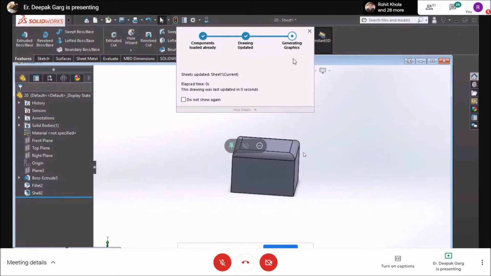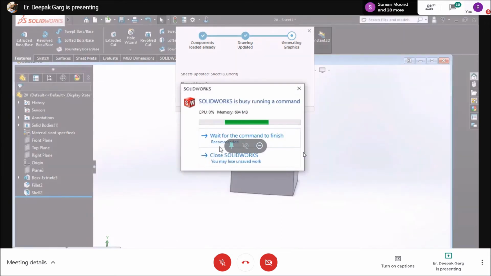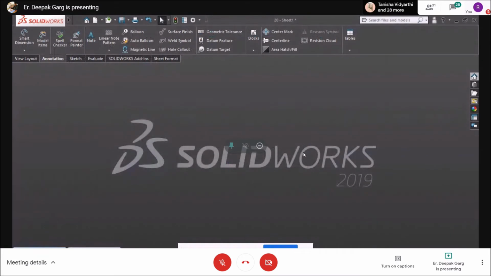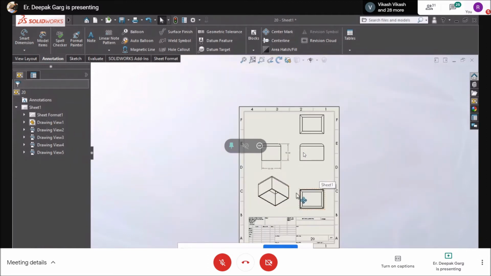It is making changes on the drawing file. Sometimes this SolidWorks hangs. Okay. So you can see that the dimension of this rectangle that we have drawn on the bottom is automatically changed according to the changes that we have made.